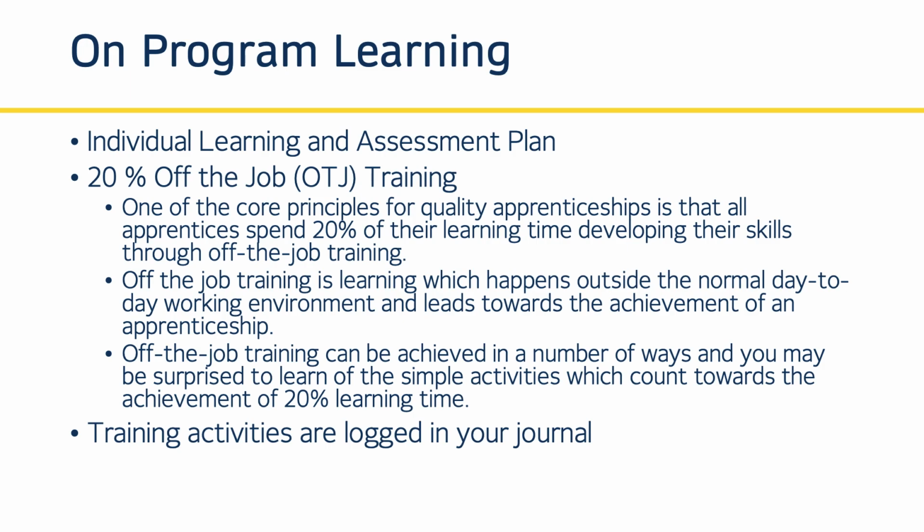There are a number of ways which you can achieve this. Working on your apprenticeship, attending calls with your assessor, gathering evidence counts, and there's a lot of workplace training activities which will be agreed between you and your assessor. Your assessor can help you identify what those activities could be for you to complete in the workplace. And you'll be able to log this training through your journal, which is part of your portfolio, to show that that training has taken place.